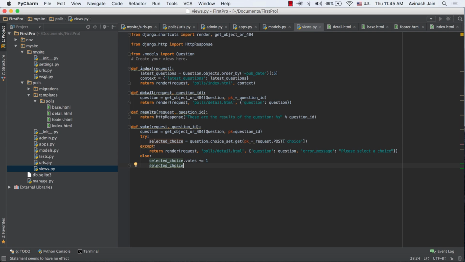So selected_choice.save. All right, once we've saved the user's choice, the next step is to take him to the results page. We can do that by saying return HttpResponseRedirect, and then I'm going to pass in reverse('polls:results'). So we're passing him to the results page,